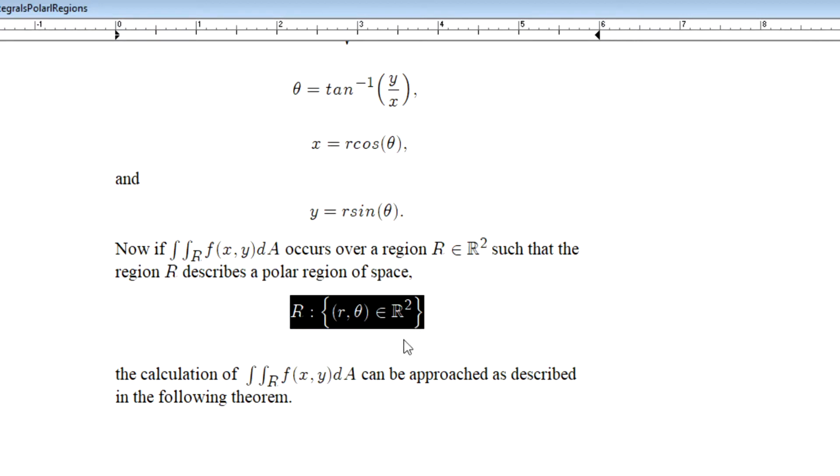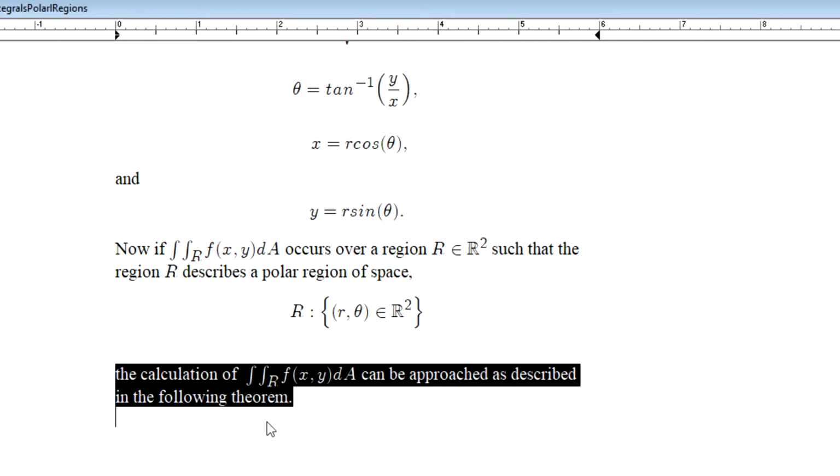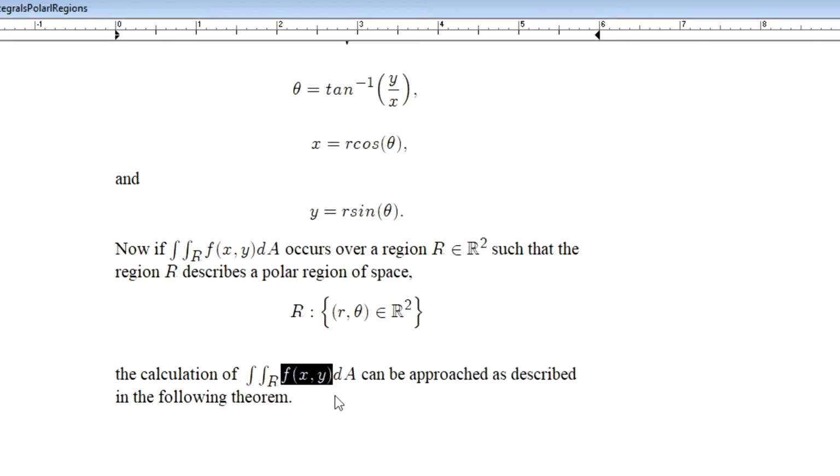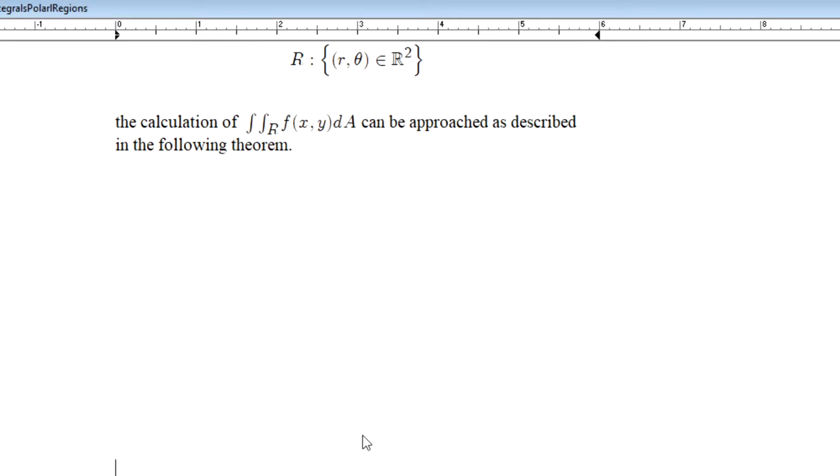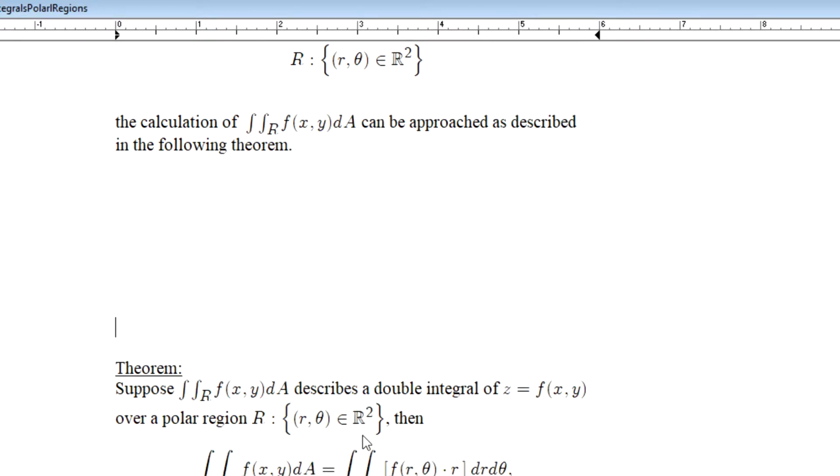It is this region of space in two-dimensional space, right? It's this set of r comma theta coordinates in two-dimensional space that describe our region R, right? And in this particular case, we're going to have an approach for the calculation of the double integral over region R for our function f with respect to the area of R. And that's all presented here in the following theorem. If I bring this theorem up into view,